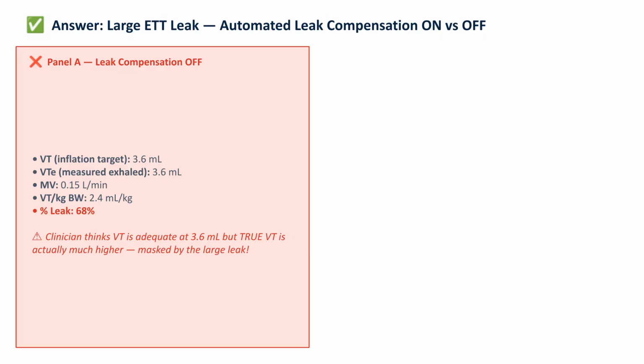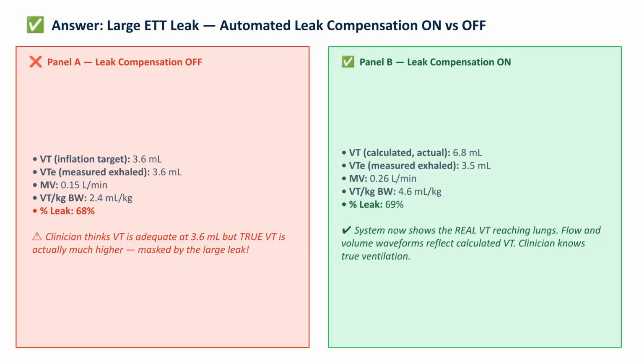In panel A, with leak compensation OFF, the measured exhaled volume, VTE, is falsely low at 3.6 milliliters, even with a 68% leak. The clinician might think the VT is adequate. With leak compensation ON in panel B, the system calculates the real VT reaching the lungs as 6.8 milliliters, reflecting true ventilation. Always activate leak compensation if the ETT leak is significant, around 20 to 30% or more, to avoid